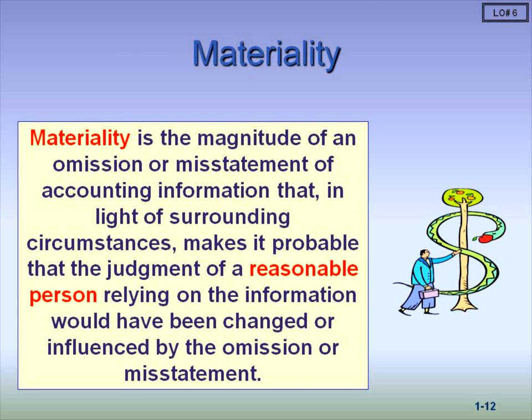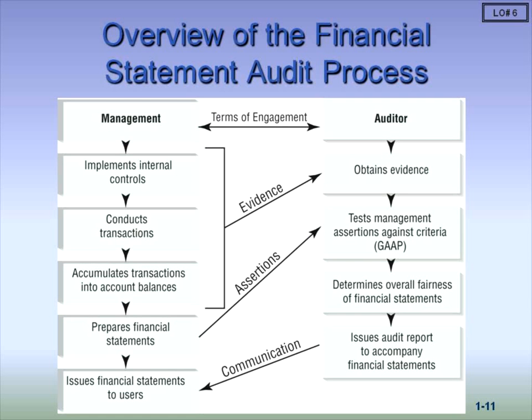So, let's look at this slide. This is the financial statement audit process in a nutshell. So we have management, we have the auditor. So this is where the agreement comes into place. So the terms of engagement, the engagement itself, is the agreement of what we're going to do, how we're going to do it, who's responsible for what, and at the end of the day, we're going to make an opinion. Also, in the terms of engagement, which is in the engagement letter, we decide how much it's going to cost, if we're going to have any specialists to come in, etc., etc.